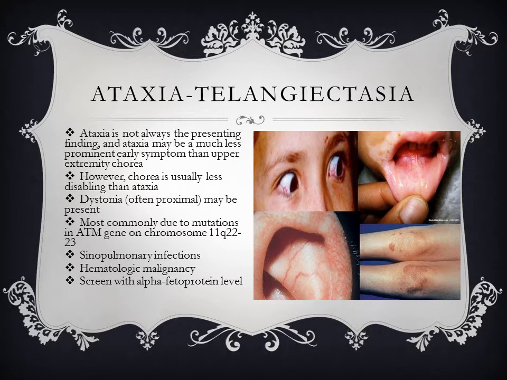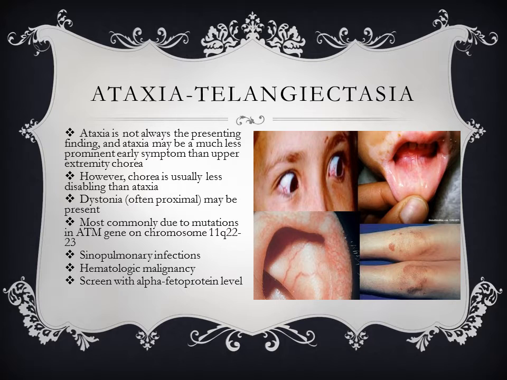In this disorder, ataxia is not always the presenting finding, and ataxia may be a much less prominent early symptom than upper extremity chorea. However, the chorea is usually less disabling ultimately than the ataxia. Dystonia, which is often a proximal feature, may be present. It is most commonly due to mutations in the ATM gene on chromosome